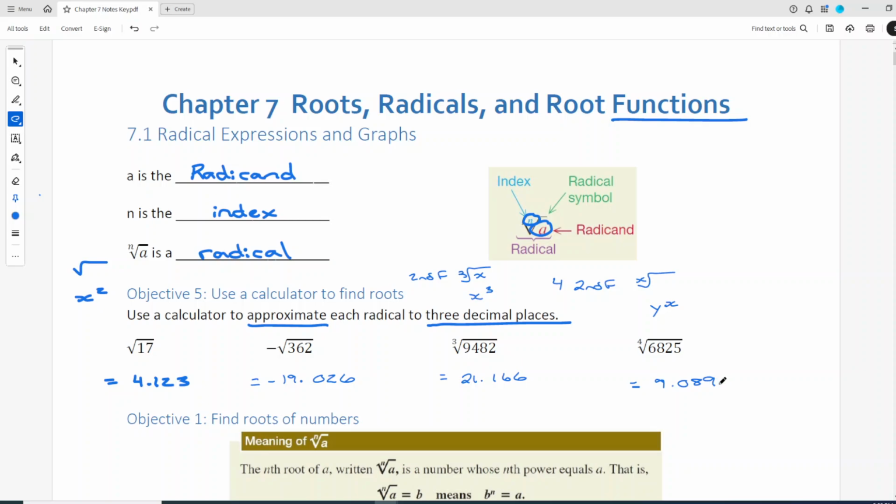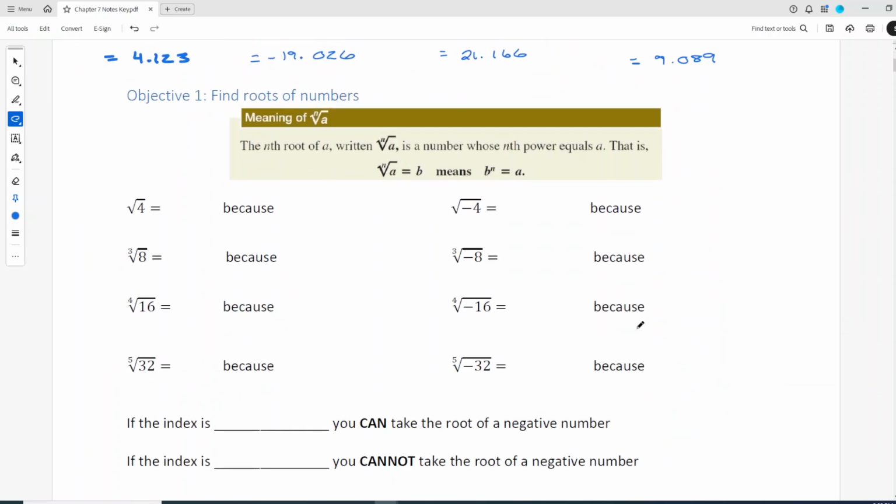So make sure that you can plug all three of these into your calculator. If my instructions aren't making sense, Google the instructions for your specific calculator. It'll tell you how to plug it in. Awesome. All right, the next thing that we are going to do is just talk about